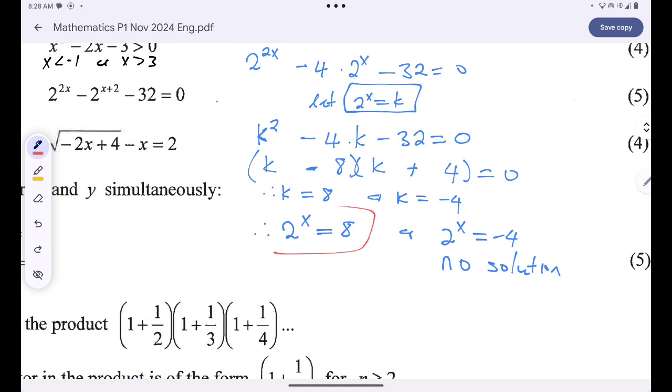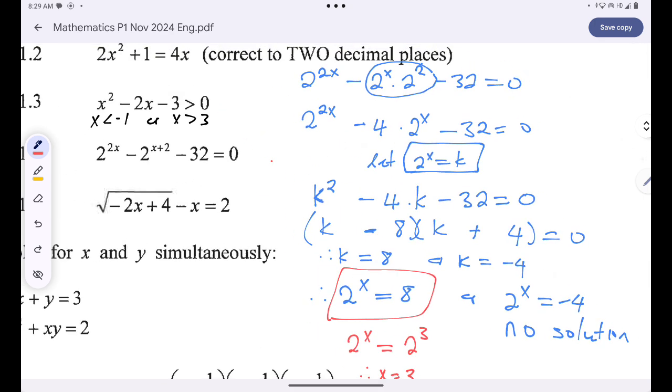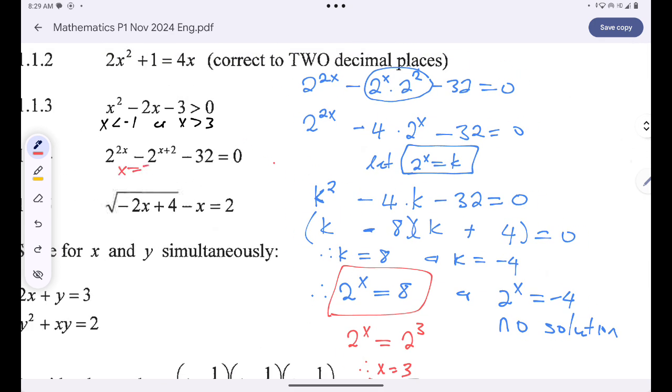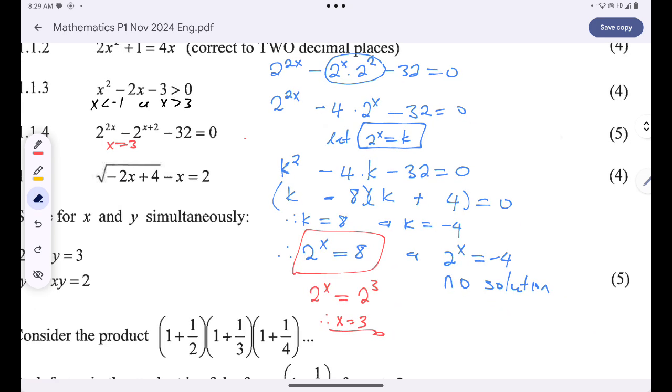Okay, let's continue over there. After replacing k with 2 to the power x, the next thing I need to do is to simply make sure that my bases are the same. So 2 to the x is equal to 2 to the power 3. Are you together? 8 can be written as 2 to the power 3. Né? And if bases are the same, I can therefore conclude that exponents are equal. So x is just equal to 3, right? Okay,